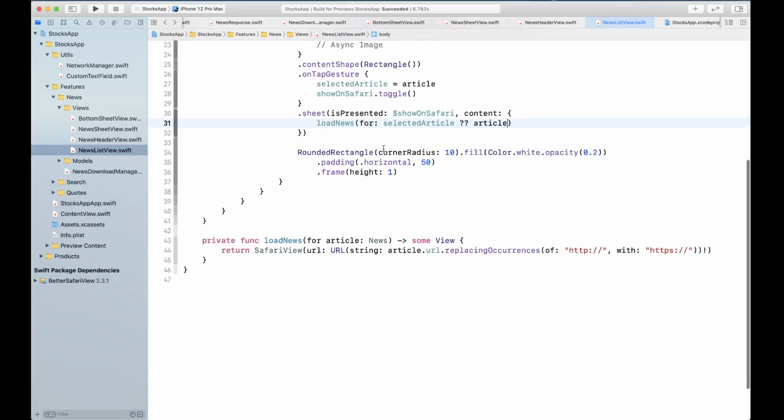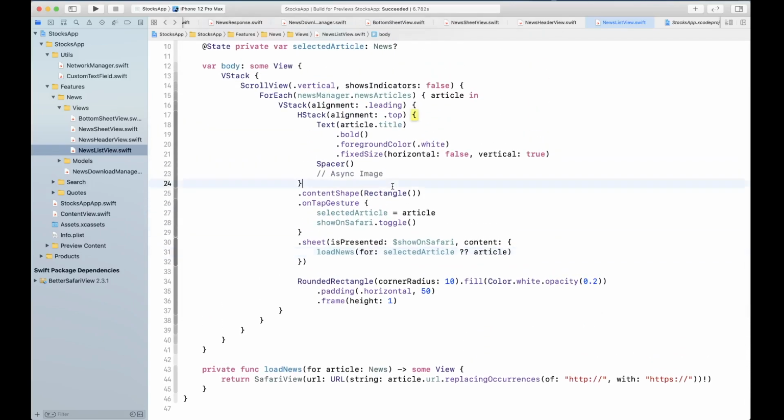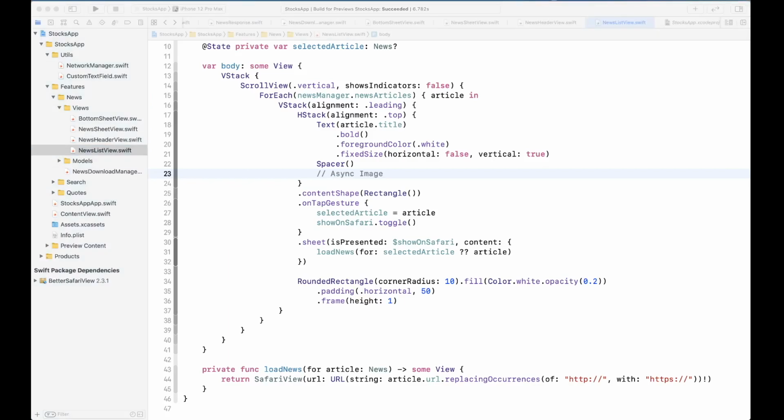Now the only thing that's left in this view before we finish this is this async image. So let's go ahead and create our utility for this async image, including image caching for the caching strategy, the image loader, cache key, and everything.